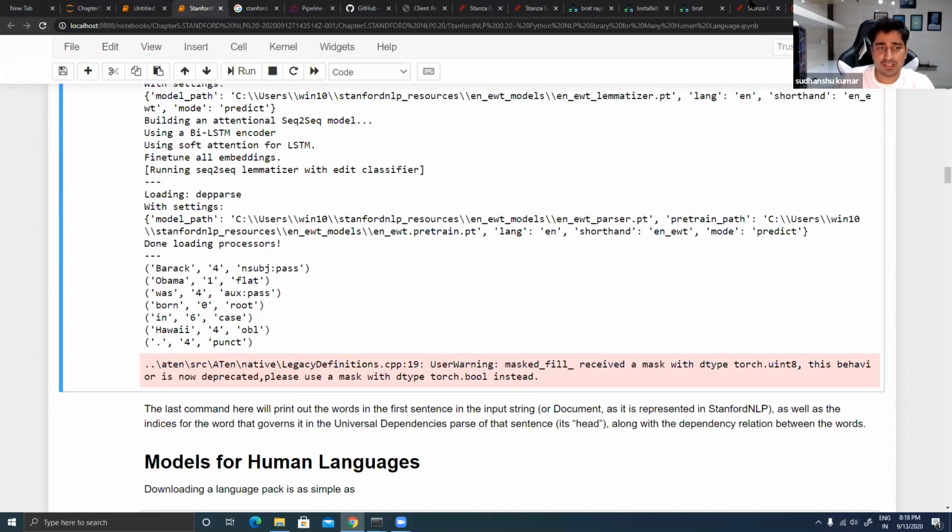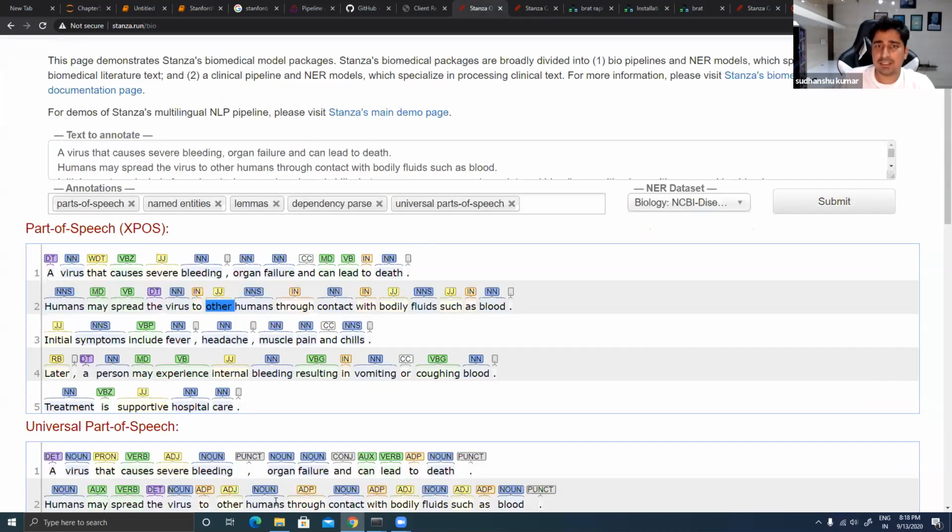Now if I look into Stanza, Stanza is trying to give you the same kind of things in a much better way. Here it is trying to give you parts of speech, POS tagging, for each and everything. Now let's suppose I'm using a medical model over here, it will work fine. But if I'm not using this medical model, like I have selected a biological model, in that case it will not give me information about everything. Maybe in some cases it will not be able to give me anything, right?